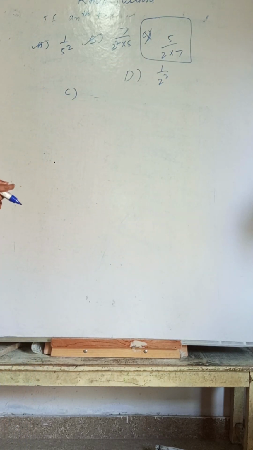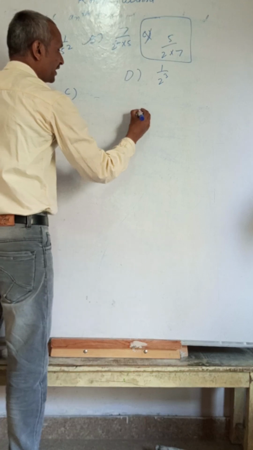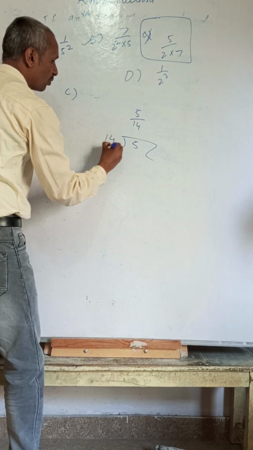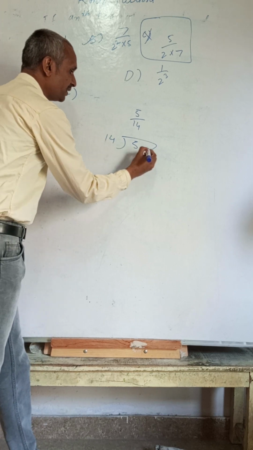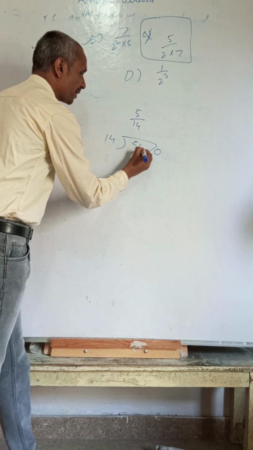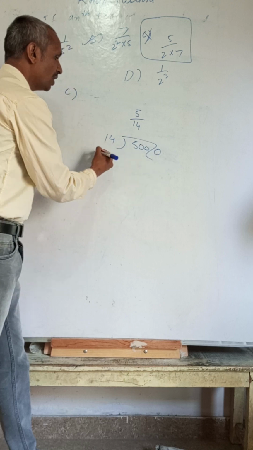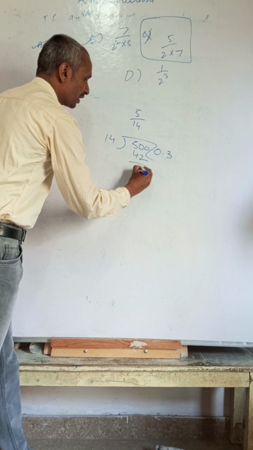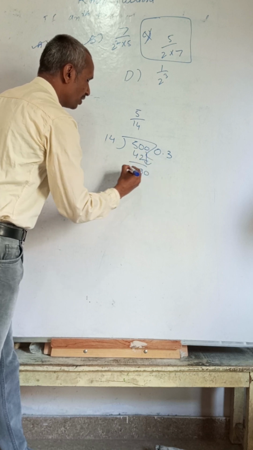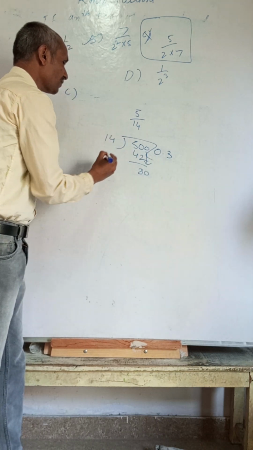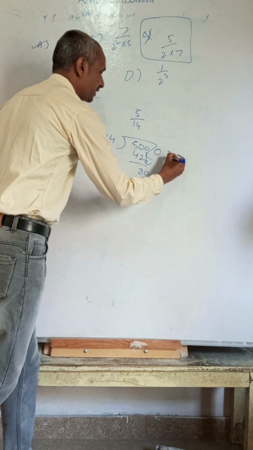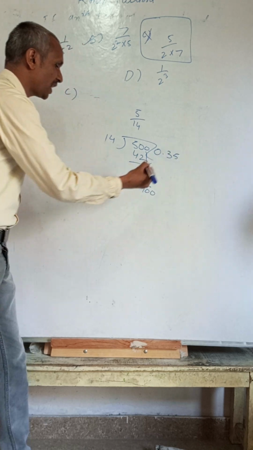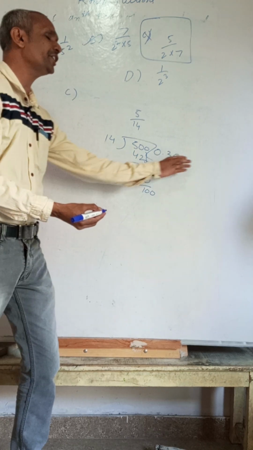5 by 2 into 7, means 5 by 14. If we divide 5 by 14, what will come? See now, if we are dividing, here we kept the 0 point, kept the 0. After that, as many 0s as we want. So 14 3s are 42, remainder 8. Drop down the 0. It will become 14 5s are 70, 10 remainder. Again we keep the point, and again it will continue like this.